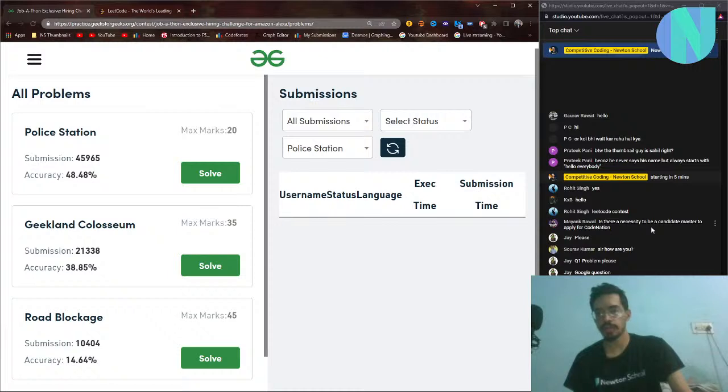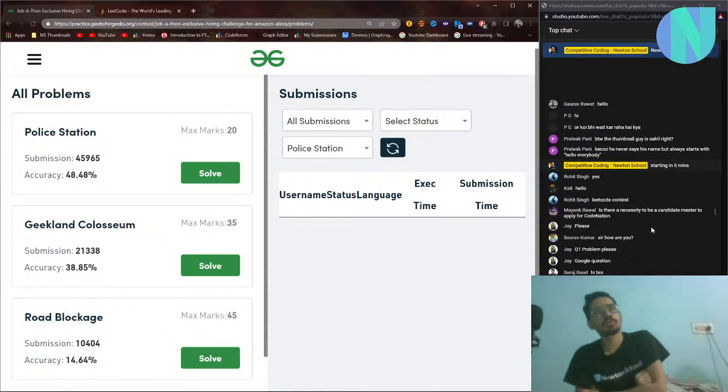Can CP alone help to get a good internship? Yeah. So if you are applying for Sprinklr, Google, CP skills will be enough to land an internship, because they don't ask so much from the development side, because they are more focused on CP. I think Codeforces is more than enough, Suraj. Like if you do a lot of Codeforces, you will be able to do well on LeetCode. The only thing that you are not able to solve on Codeforces is linked lists, I think. So you can solve those problems separately.